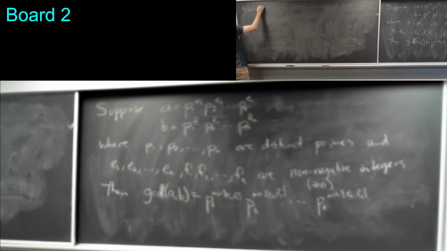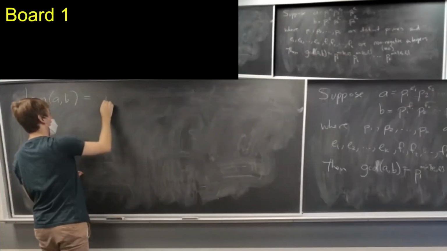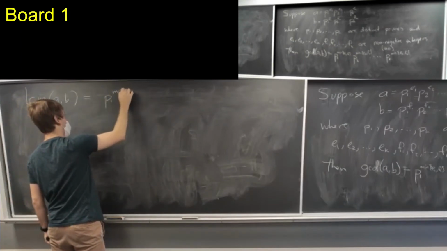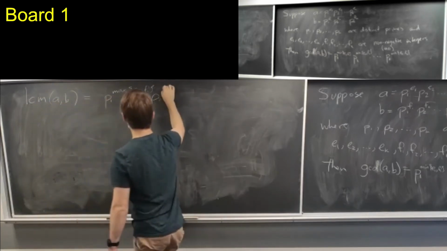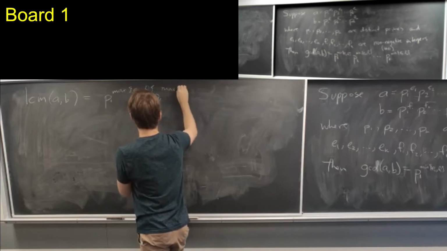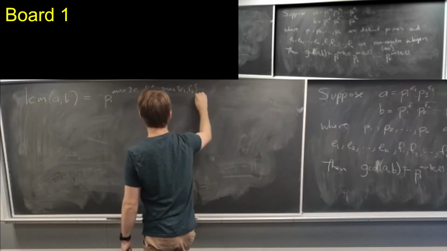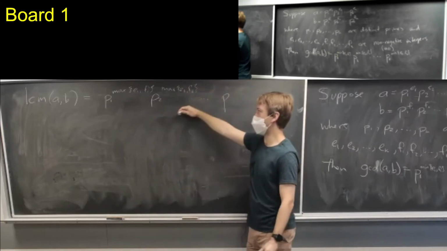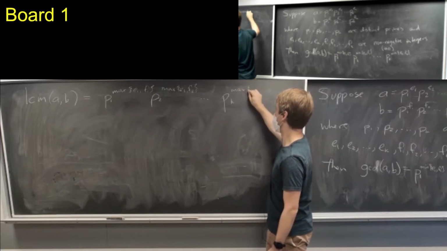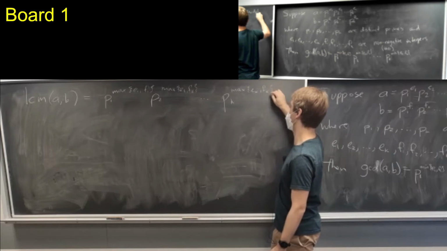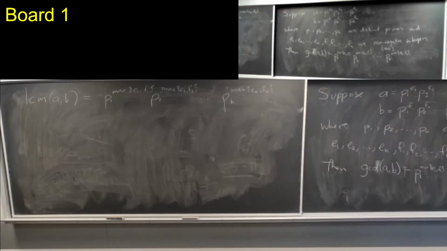the least common multiple of A and B, so this is continuing on from there, is going to be P1 to the maximum of E1 or F1, P2 to the max E2, F2, multiplied product, dot, dot, dot, Pk to the max of Ek, Fk. So a weird consequence of this is that if I take the GCD of A and